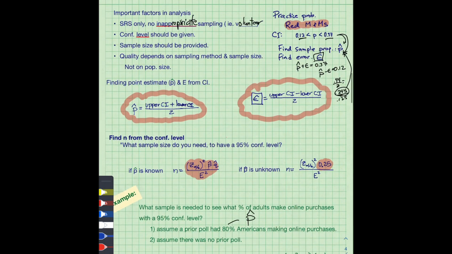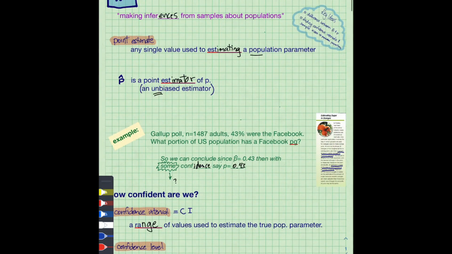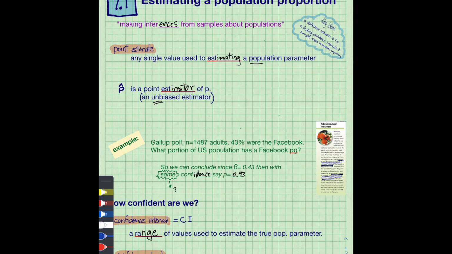There you go, good luck with estimating proportions in lesson 7.1. We found an error, we developed a confidence interval to determine